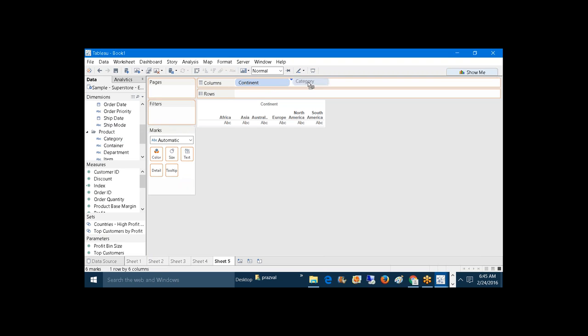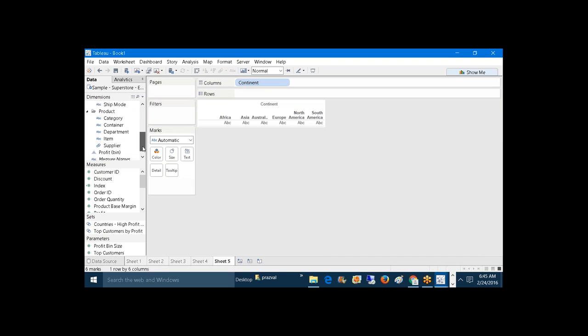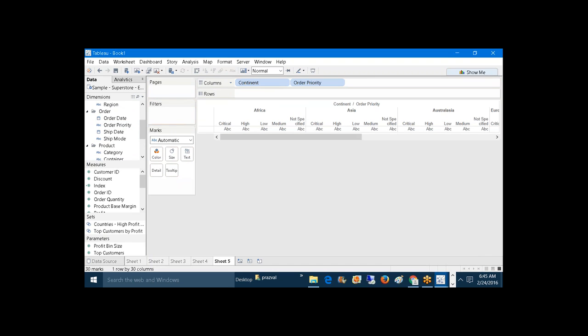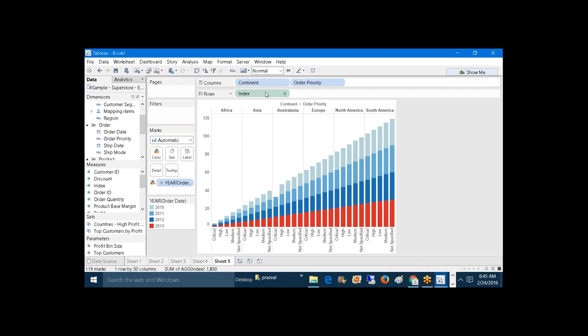Let me take another field, order priority ranks, every continent wise, every year, and drop it into color, every year based on order quantity. So how to compute the rank index? If we want it on every continent,